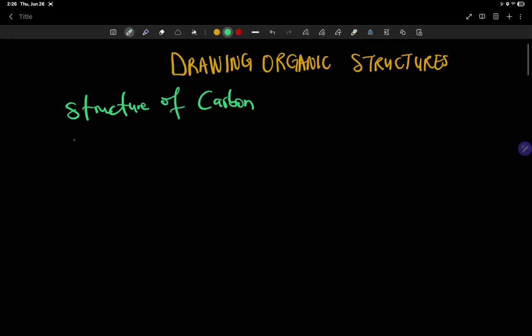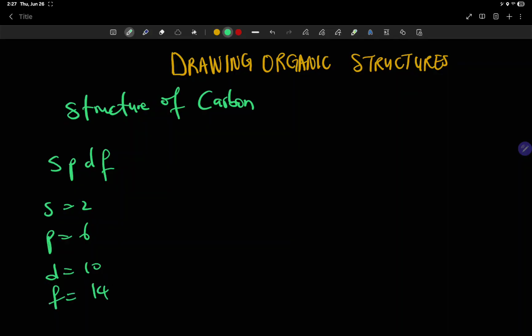Using the SPDF addition, S takes a maximum of 2 electrons, P takes a maximum of 6 electrons, D takes a maximum of 10 electrons, F takes a maximum of 14 electrons, and carbon, being element number 6, is going to be